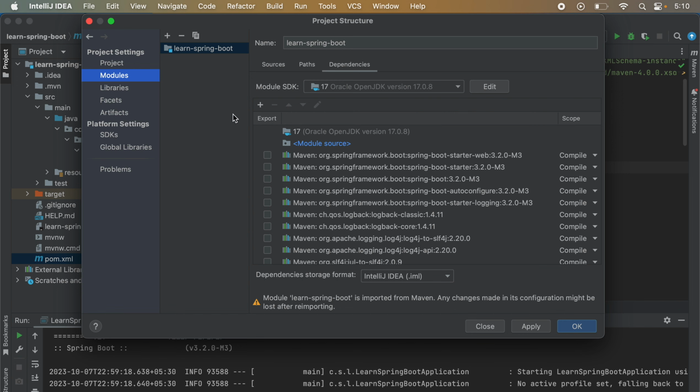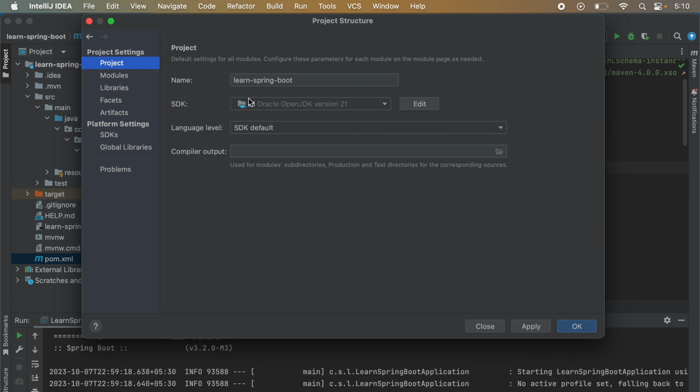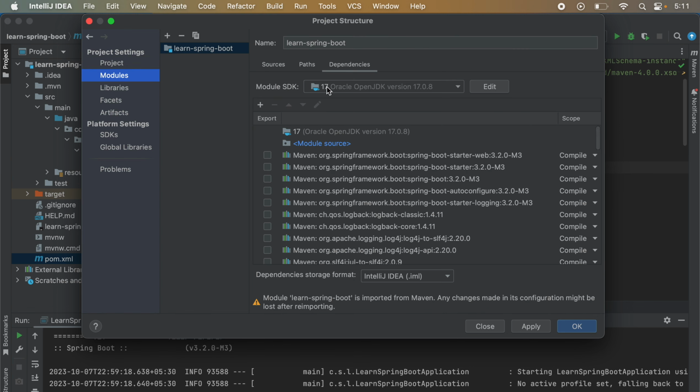So in my case, because I have only one module, I can even choose this No SDK option at the project level, and at the module level I can choose whatever version I want for that particular module. So let's use this 21 and let's apply, OK.